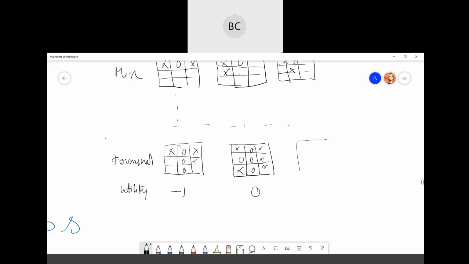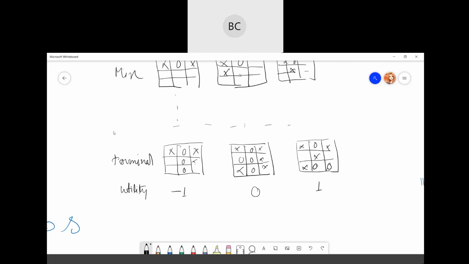Then maybe some other state. Can say it is x, x, 0, 0. So here x is winning. So I can say the utility value is 1.